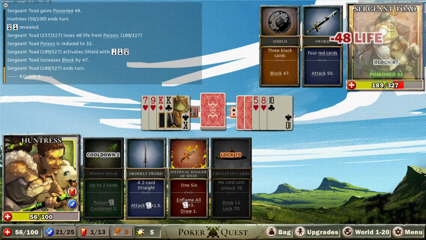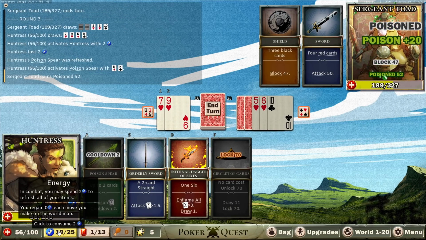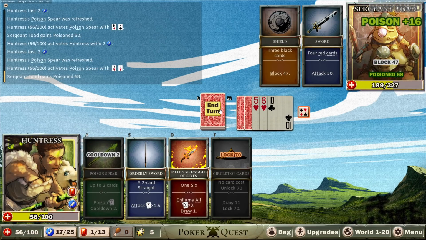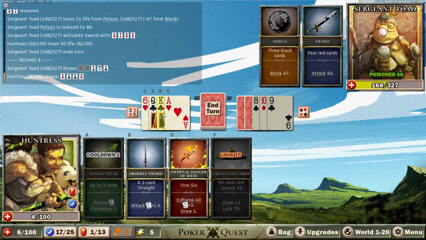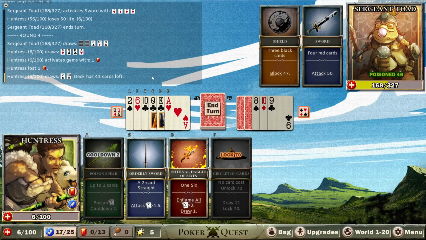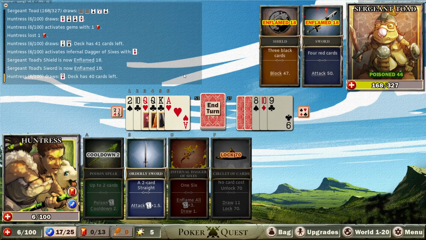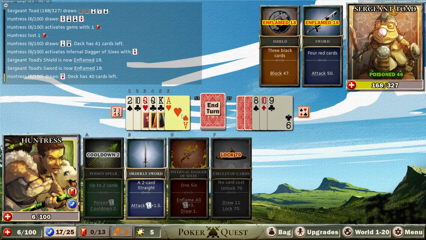Also, the circlet of cards is not proving to be that logical. I'm really seeing a lot of situations where, oh, here it comes. Yep. Okay. Poo. Like, it could be good. Don't get me wrong, I'm not saying it's bad. I just...